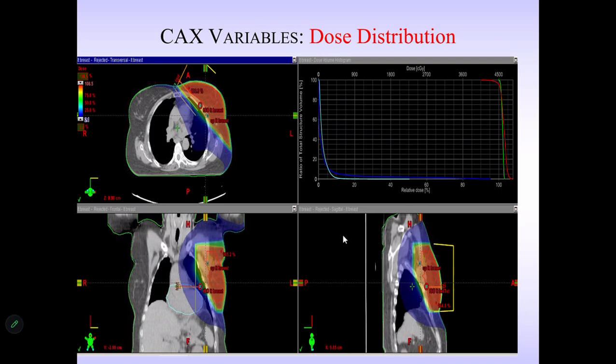Left descending artery, the LDA. So what we try to do is minimize the dose. For example, here, when you evaluate a plan, when you generate a plan, you want to focus on maximizing the dose. How do you do this? If you notice, here there are two points, one called the calculation point, and the other one is the isocenter. And those two, as a planner, when you plan this case,